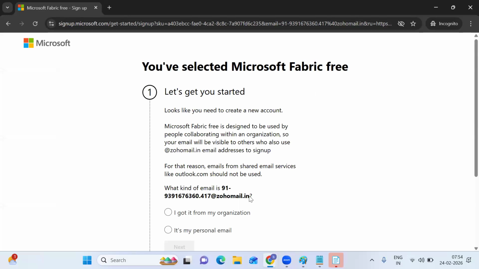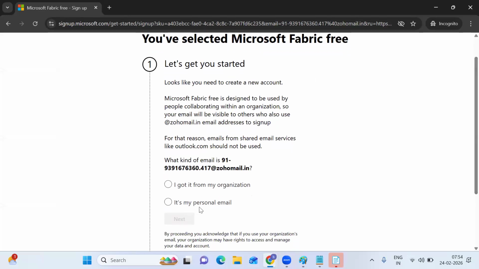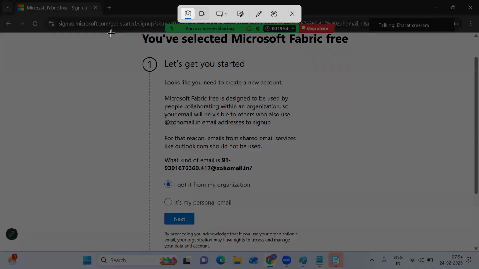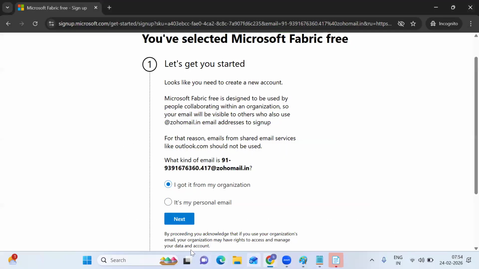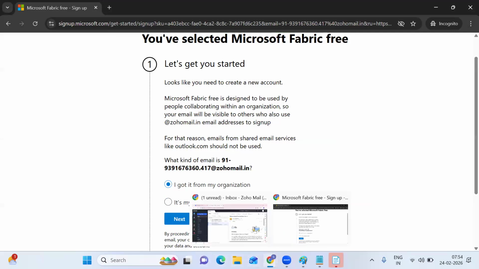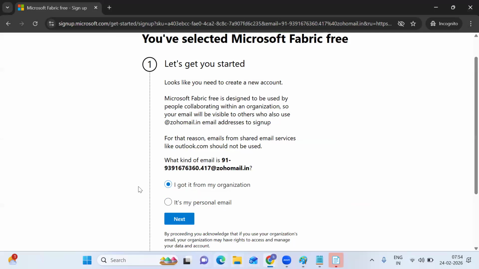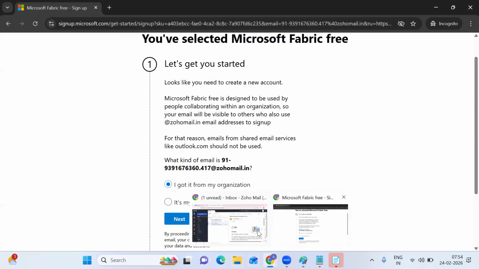So first, as usual, this asks what kind of email. There is a high chance that it will reject if we say it is personal. That's why I am choosing the option I got it from an organization, and say next. Personal email is not applicable. Sometimes it is taking time. Wait, I will keep all the screenshots into